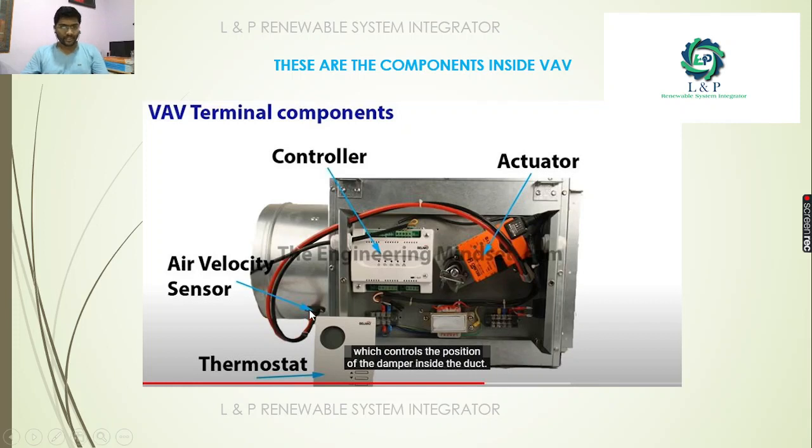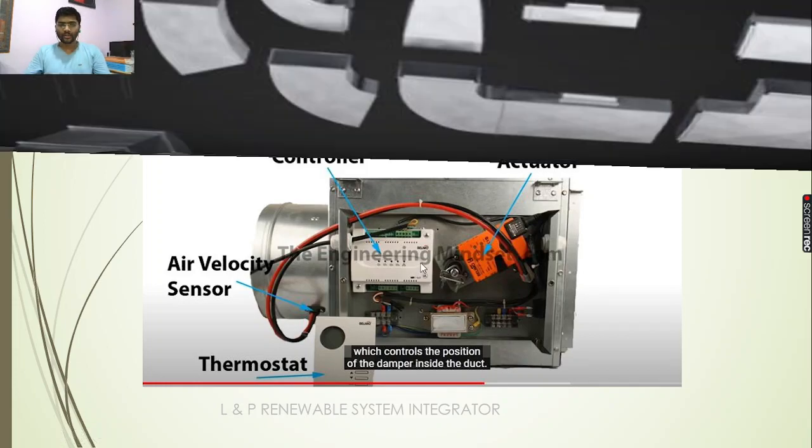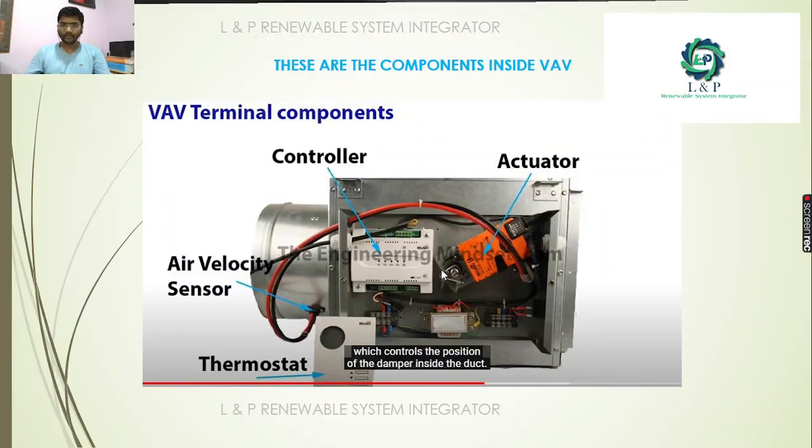See here, there is an air velocity sensor. The air velocity sensor is connected to this DDC. And in order to measure the temperature inside that room, we need a thermostat. The duty of this thermostat is to measure the present temperature and give feedback about it. Inside this controller, we will make a program in such a way as to maintain a particular temperature, like the AC which is already working. Here we will do the programming as a BACS engineer, as a BMS engineer, inside these DDC controllers.